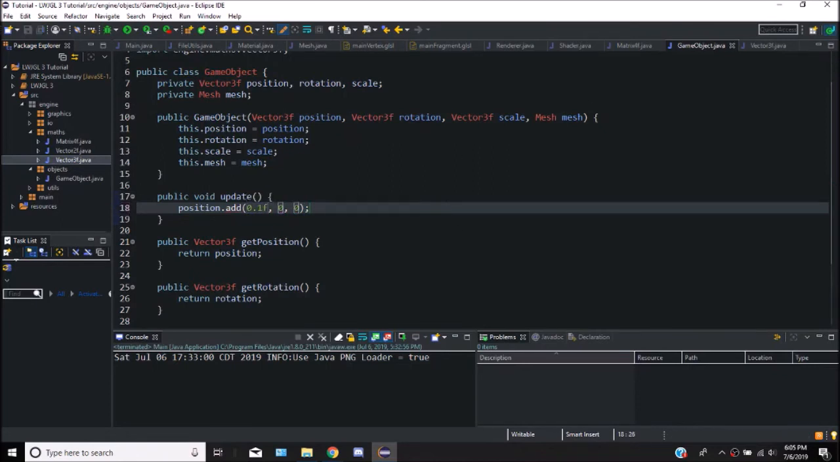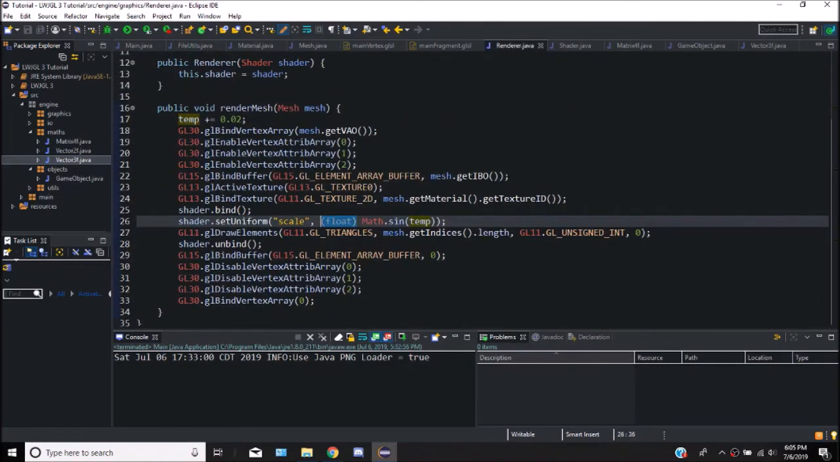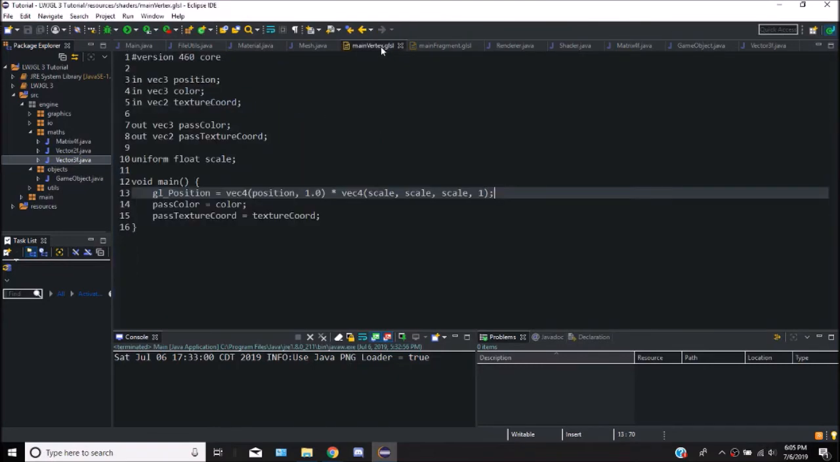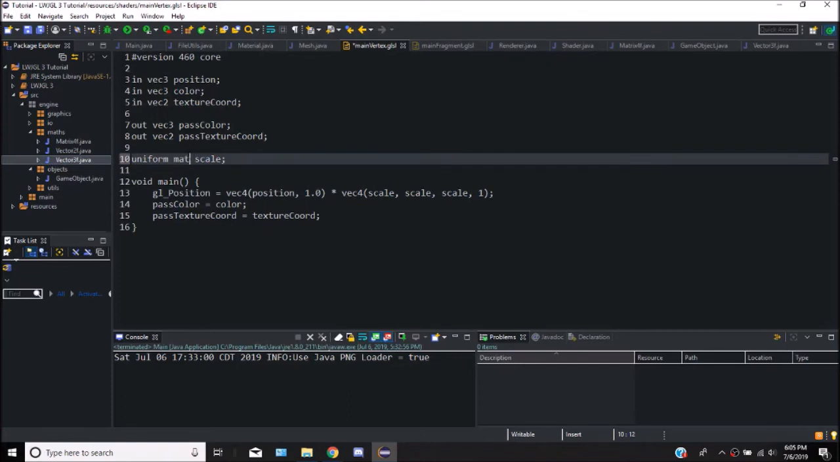Alright, so now that we have our position.add, we can actually import this into our shaders. Before, we were using scale. We're probably going to change it in here first. So uniform mat4, which is matrix in our shader language, and we're actually going to call this